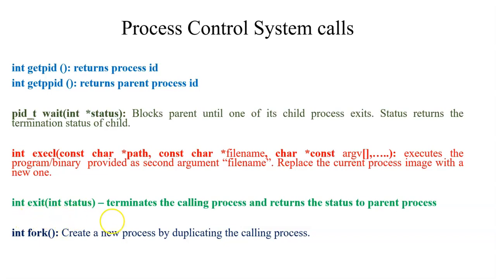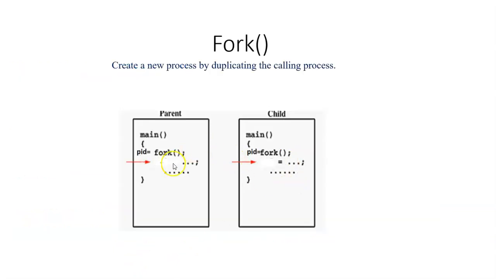Next is the fork system call. Fork is used to create a new process by duplicating the calling process. So when a process calls fork, it creates a new process. We call it the child process. And this child is an exact duplicate of the parent process, meaning it is going to have the same program as that of the parent. Now, once fork is called, there will be two processes executing the same set